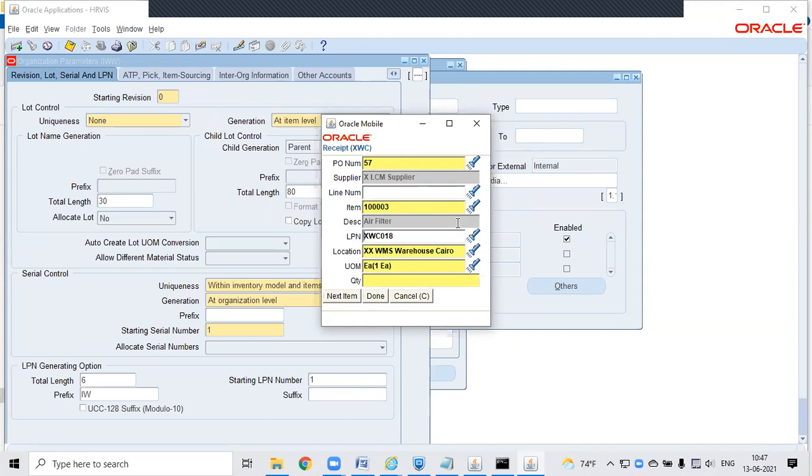For a few businesses, if inter-org transfers are enabled and the item is already packed in a proper pallet and coming from other warehouses, we don't need to generate a new LPN. We can directly receive the existing LPN, which comes from our sister warehouses, and then do our distribution or outbound processes. So that's why generally we don't disable these features.